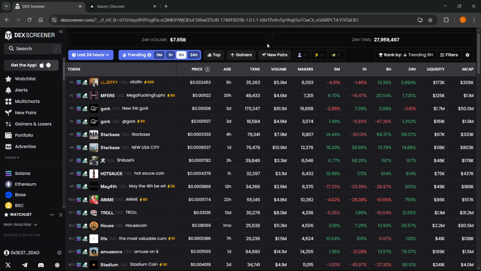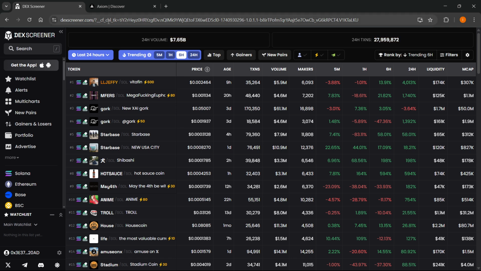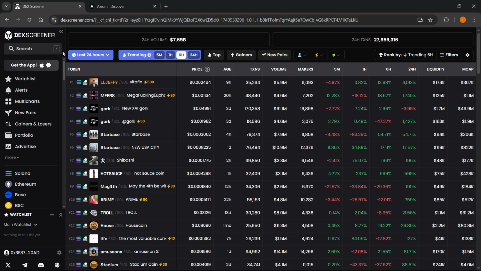In this video, I'm going to show you how to filter meme coins on DexScreener. So the first thing you want to do, of course, is go to DexScreener.com, and then on here you can see, of course, you have some different meme coins. If you want to filter these, you want to go to the right over here where it says filters up